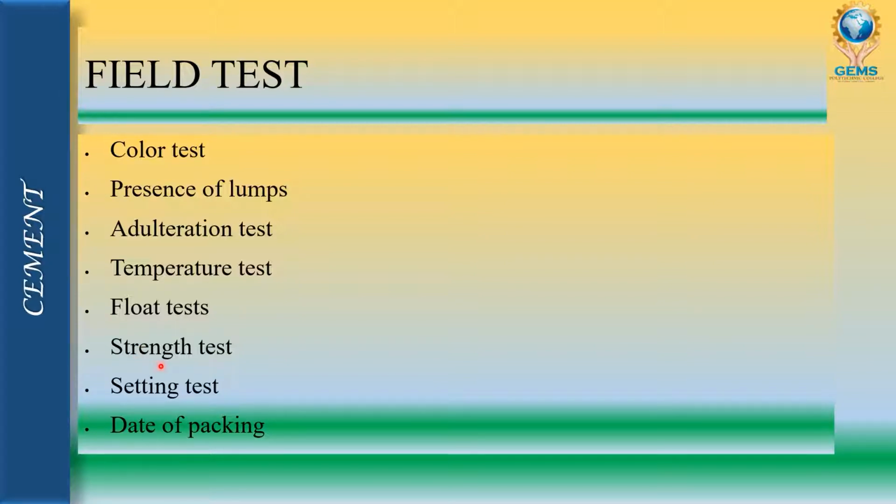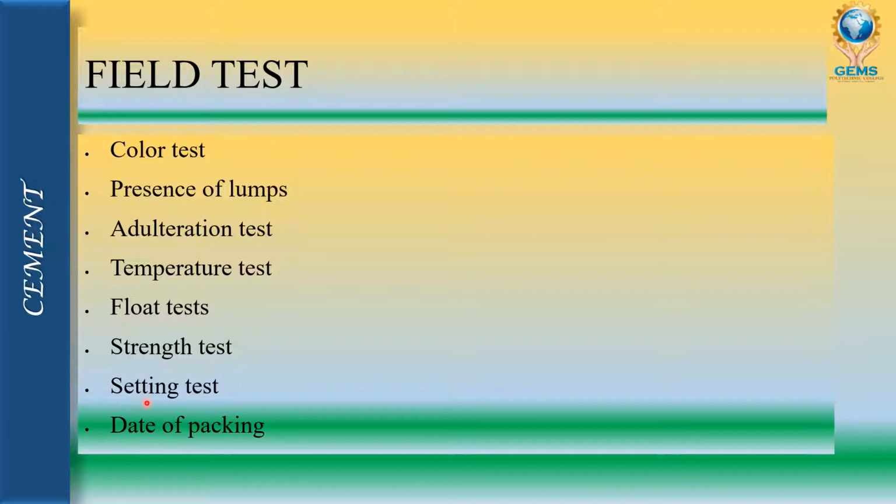Strength test. In strength test, take a mold, place a cement material inside that mold. After placing it, place that mold under water for 7 days. After 7 days, remove that mold from water. Wipe that mold with dry cloth. After wiping it, place 30 to 40 kgs above that mold. If the mold does not have any failure, that shows the cement quality is good and it has strength.